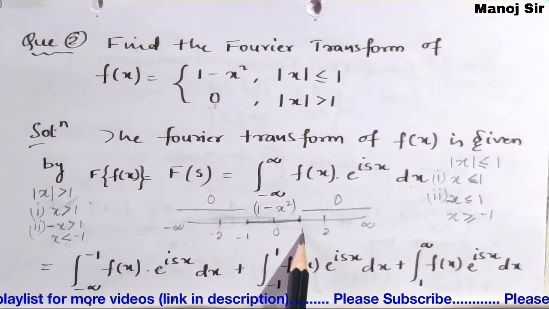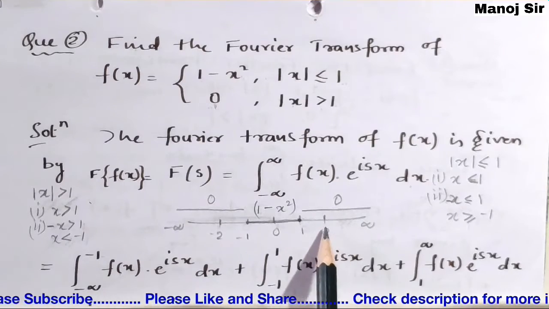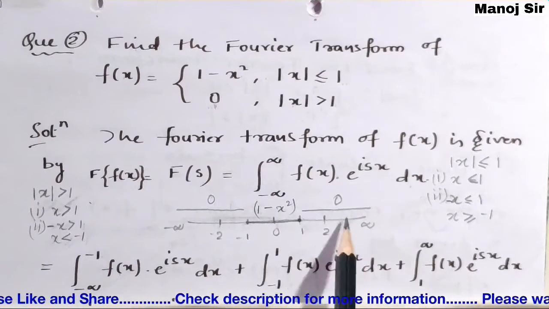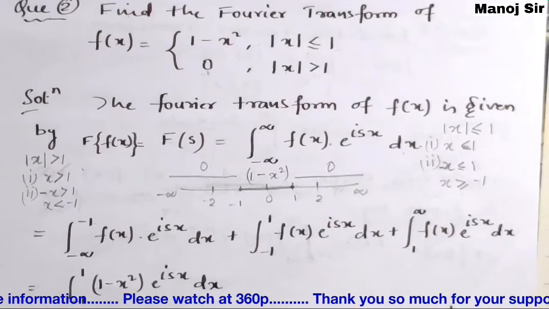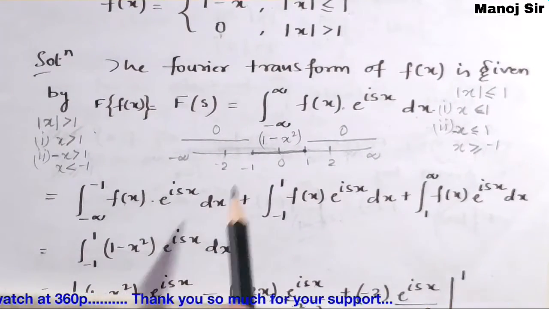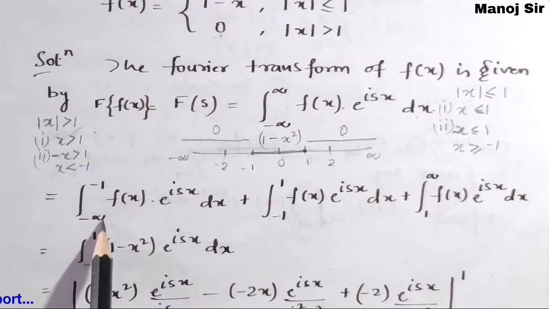For x from minus 1 to plus 1, the function f of x will become 1 minus x square. And the third limit is from 1 to infinity. In that case also the function f of x will become 0. So here this part is divided into these three limits, that is integration from minus infinity to